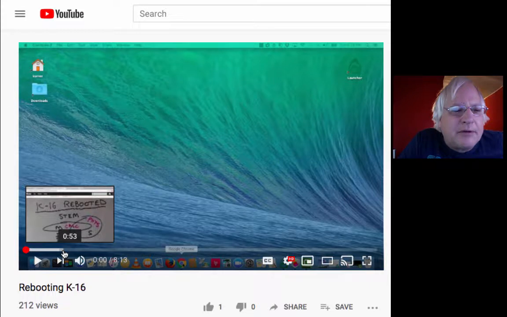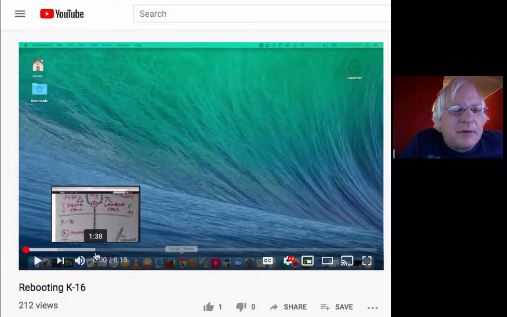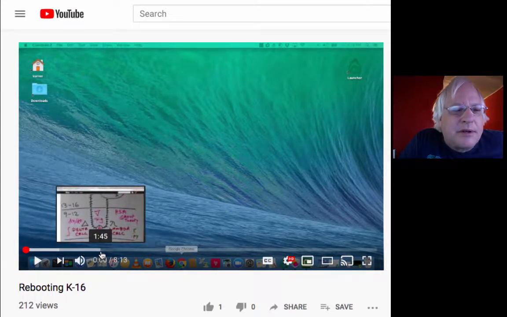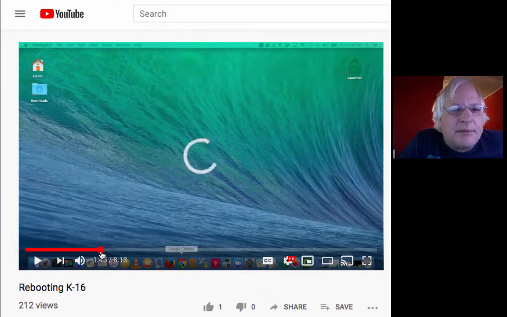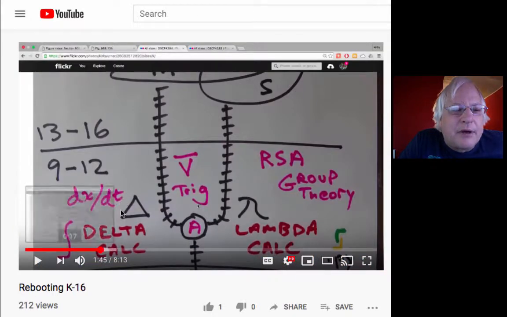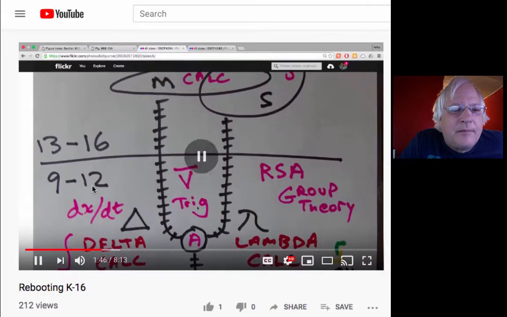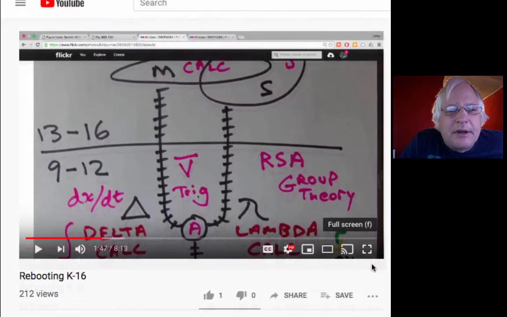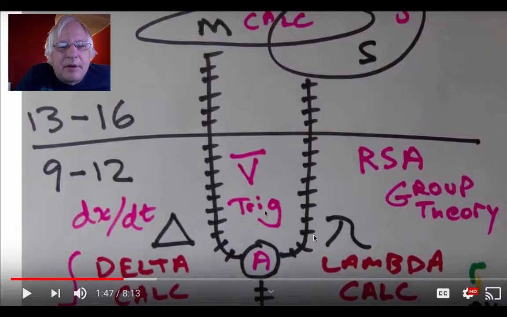But what's going on in most of this particular video, and I'm referring you to Rebooting K through 16, one of my 3 years ago videos, I'll just see if I can jump into the picture I want. It mostly just scans over a diagram where I'm showing you coming up on a track. I use the track metaphor. That was pre-college. And this bottom track, let's make this bigger, is, probably don't have to do this because I do a lot of size adjustment later when I do post-editing.